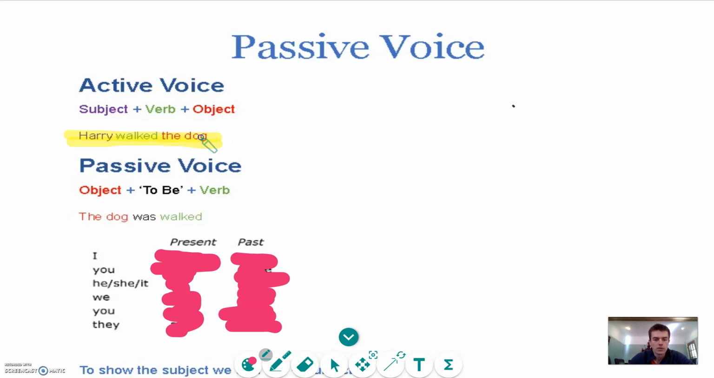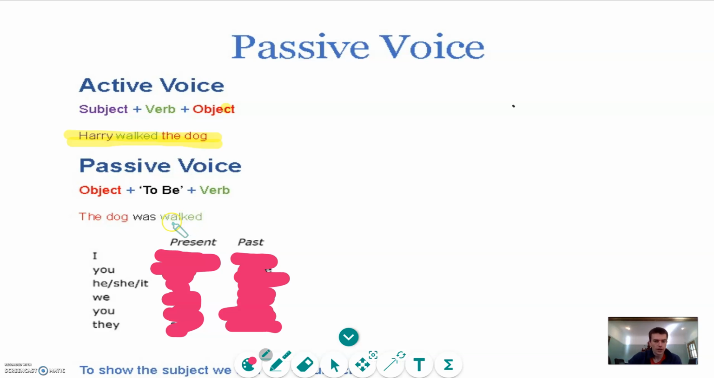But say we want to make the dog the focus of the sentence, okay? So we don't want to focus on Harry, but we want to focus on the dog. Now, in order to achieve this, we have to swap a few things around, and this is where the passive voice comes into play. So this is the passive voice. We use the passive voice when we want to make the object the focus of the sentence and not the subject. And it's really simple. All we have to do is push the object to the start of the sentence. So instead of starting with Harry, we start with the object, which is dog. So we say the dog